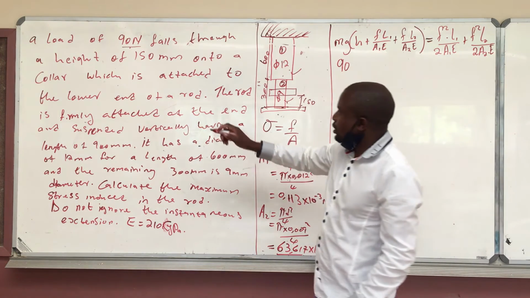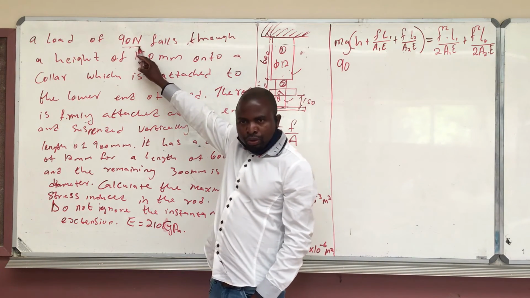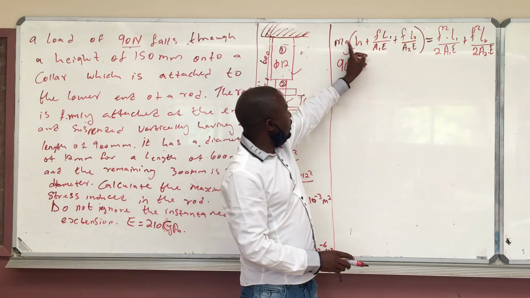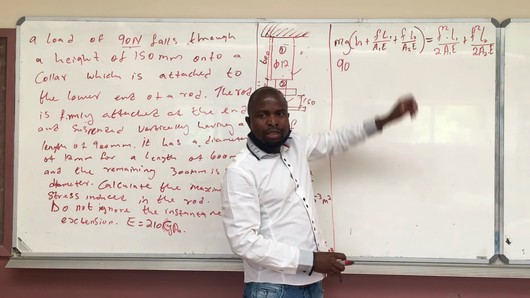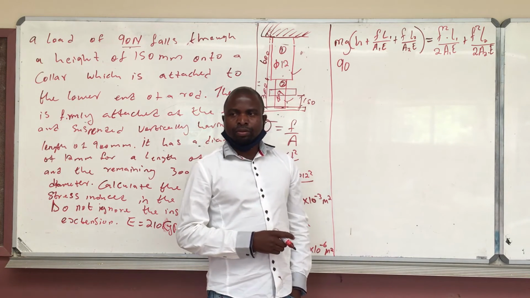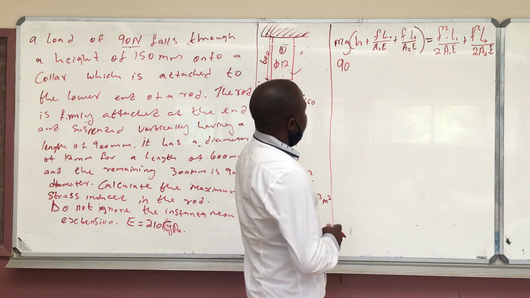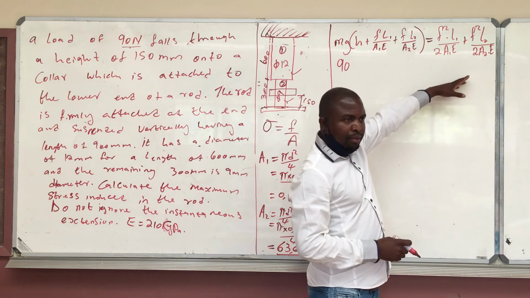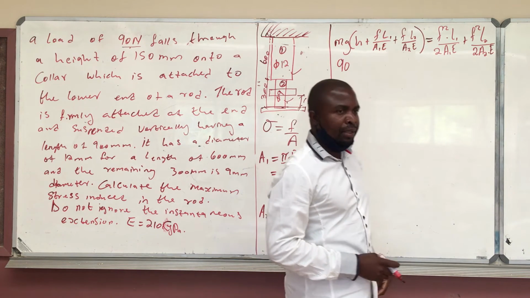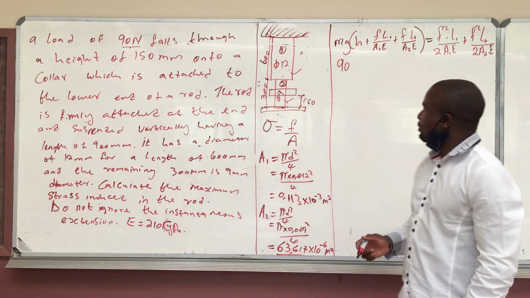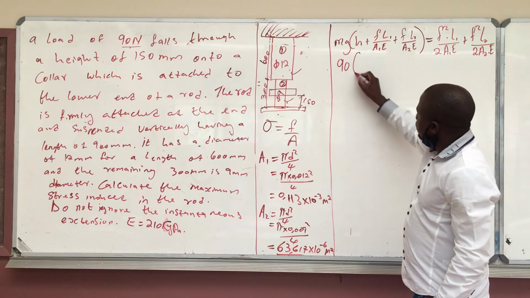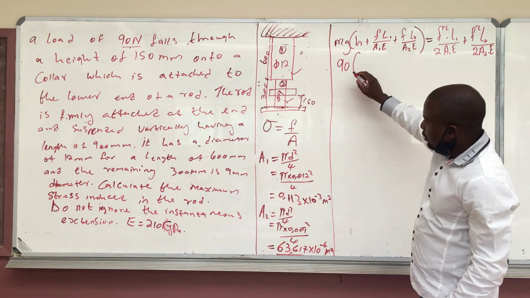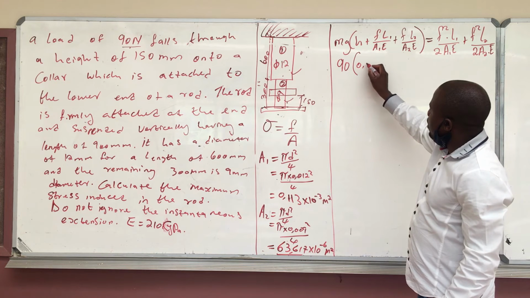If you substitute this weight in kilonewton, the force which you are going to get will be in kilonewton. Yes. The length must be in meters all the time. Area, meter square, not millimeter square, meter square. So this one, it will be 0.15